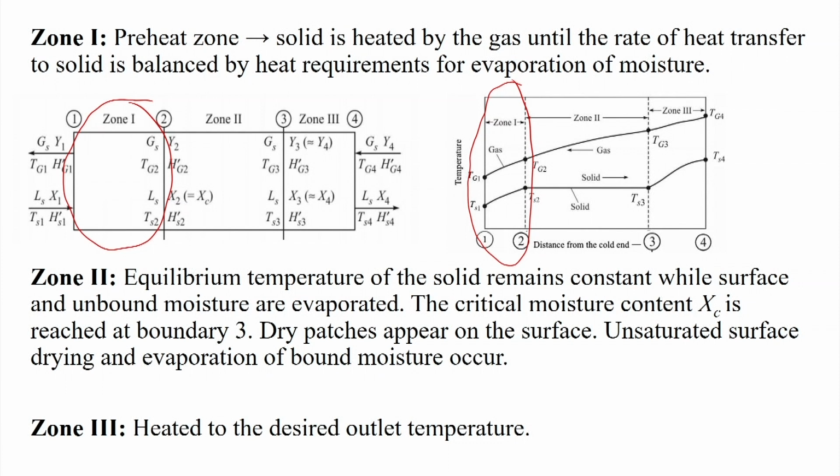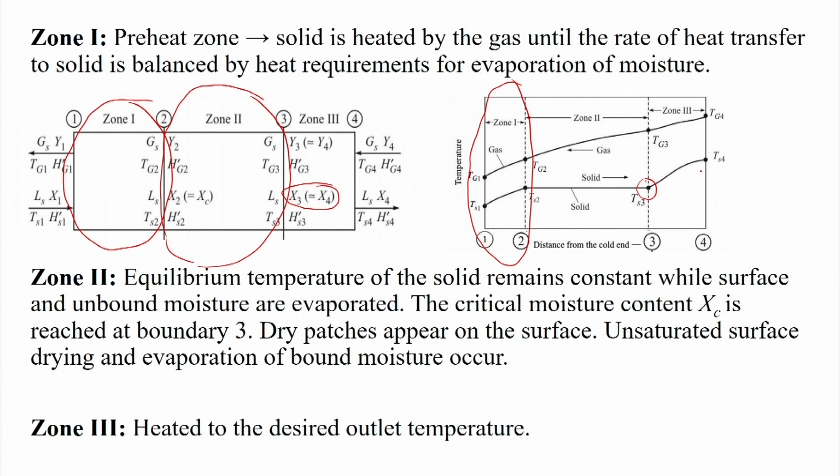And zone 2 is just after zone 1 and before zone 3. Here the equilibrium temperature of the solid remains constant, because while the surface and unbound moisture are evaporated, the critical moisture content Xc is reached at boundary 3. Here the critical moisture content X3, or X4 also, both are the same, means the critical moisture content, because after that the moisture is not removed from the system,